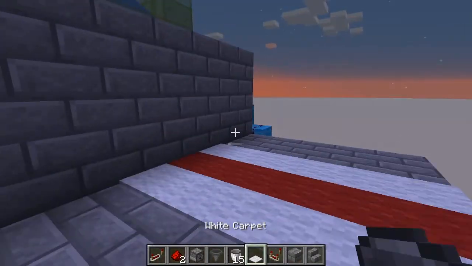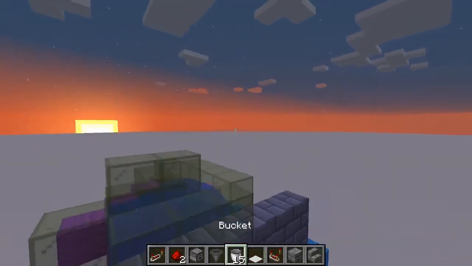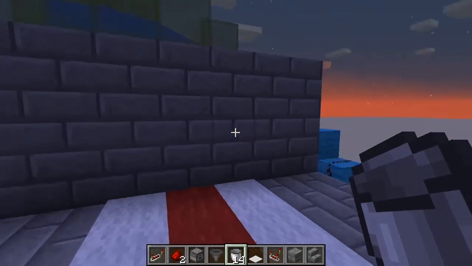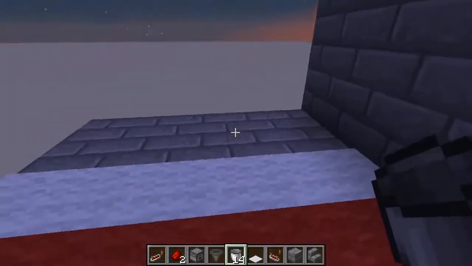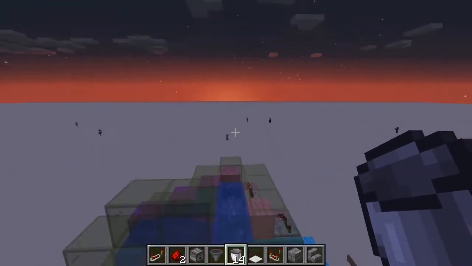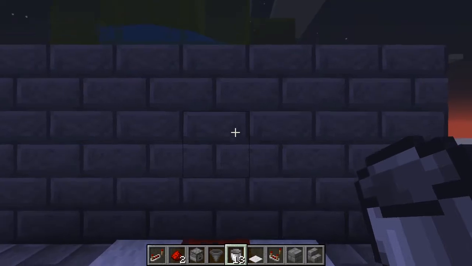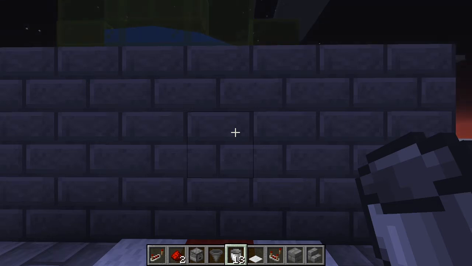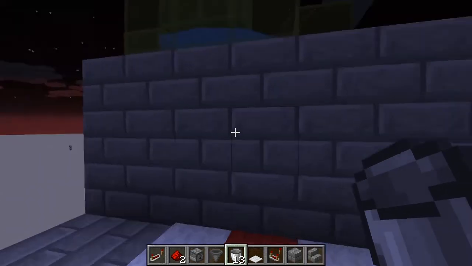Okay, so this is what it would be used for. So right now I don't have a bucket in here, so I'll just throw a bucket in. Basically, you have a room, and I just have this carpet here to mark out. So it doesn't work like this, but what I wanted it to do was refill this, but apparently it doesn't work if there's water here. So it doesn't work like this,